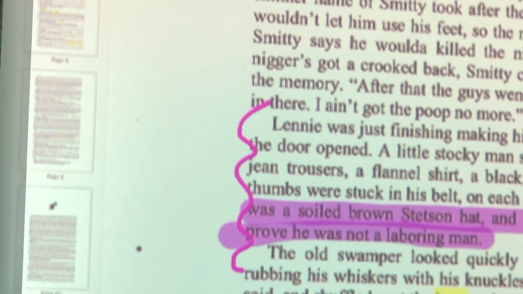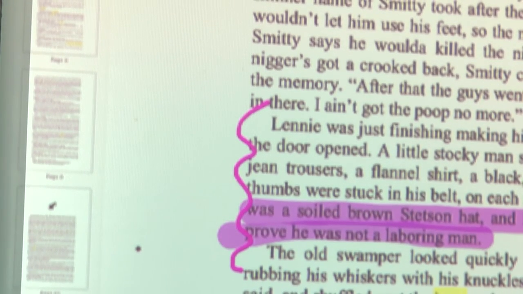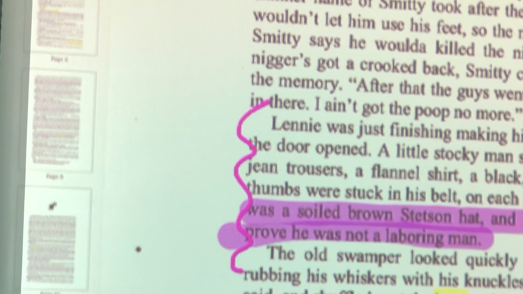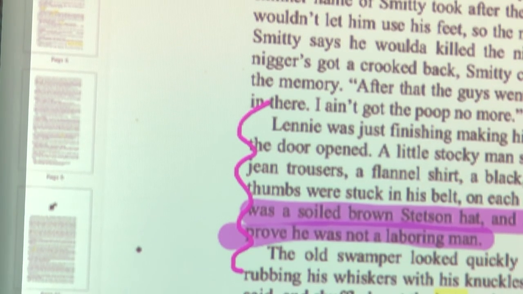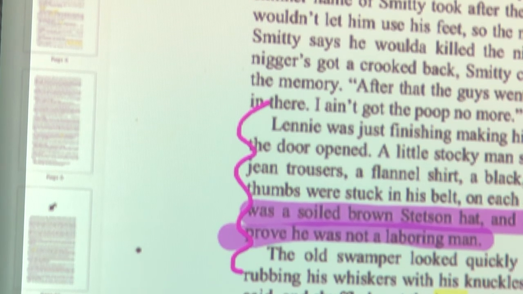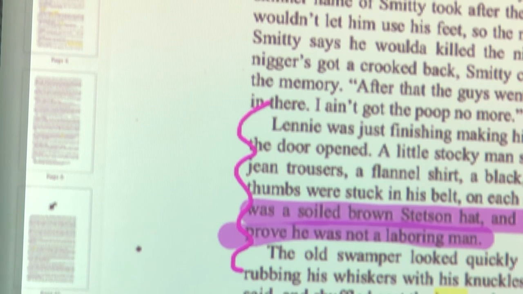Can you quote a quotation? Oh, heck yeah. Of course. But you don't have to always just quote a quotation. Right now, I've chosen a quote years ago from prose, from the paragraph. It is on your page 11. It's already highlighted for you. And it is, on his head was a soiled brown Stetson hat. I don't know if you want that, but you may include it.